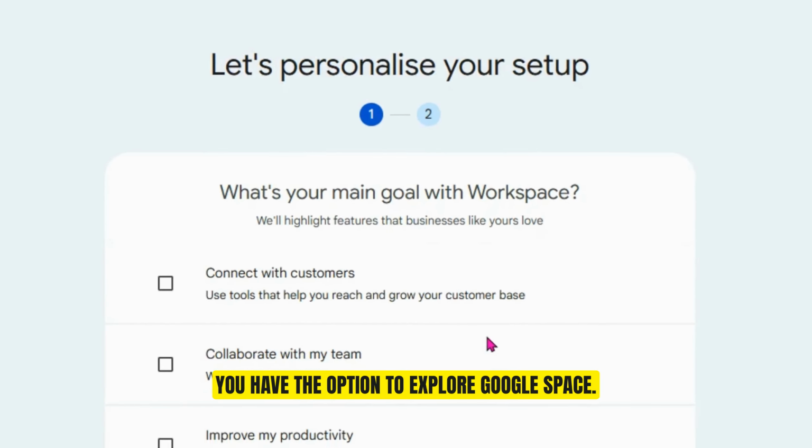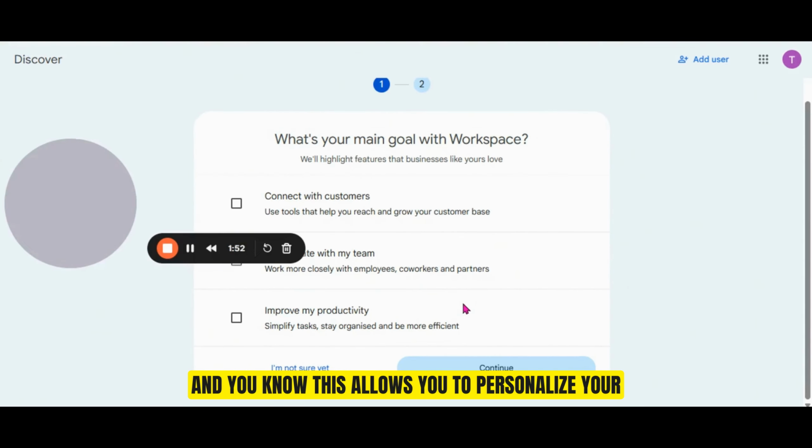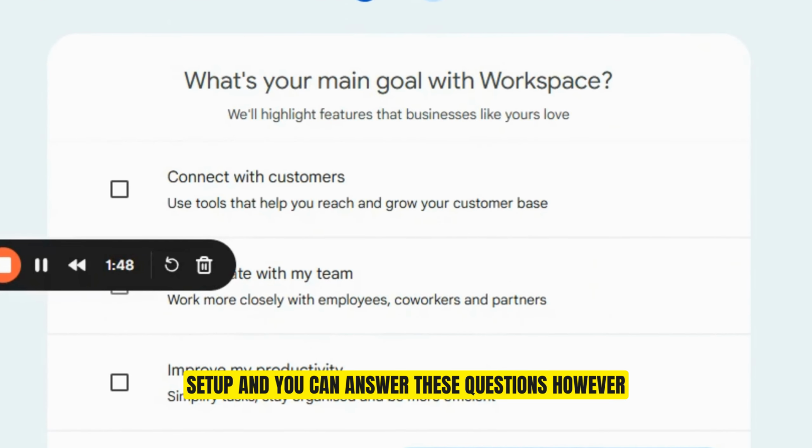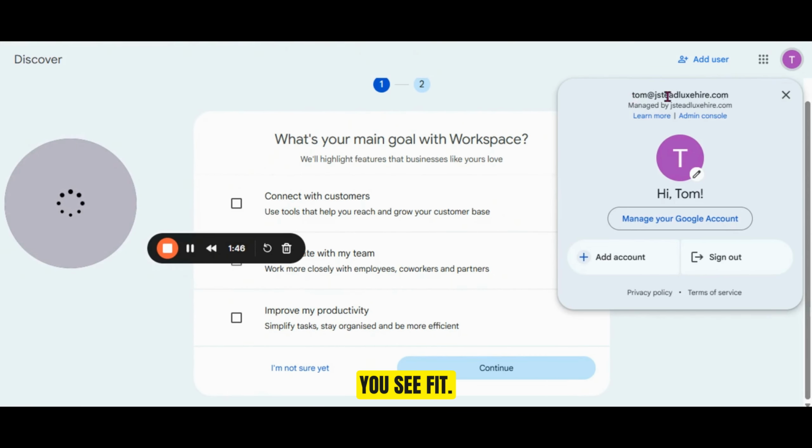Of course, you have the option to explore Google Workspace, and this allows you to personalize your setup. You can answer these questions however you see fit, but as you